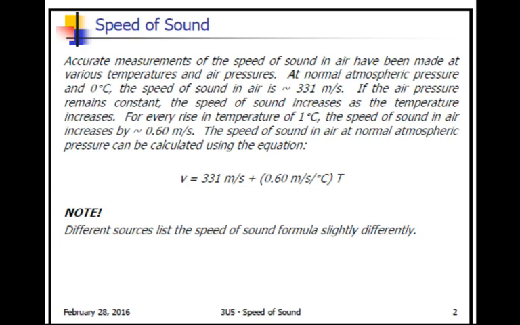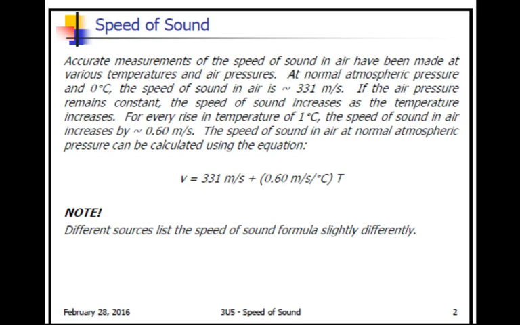our sound at a normal atmospheric pressure. But in cases where you would have different types of pressure, the equation would change. That constant would change. In general, though, the 0.60 additional meters per second we have as we increase in temperature would still be the same. We can always assume, unless the question states otherwise, that the atmospheric pressure is at a normal state.